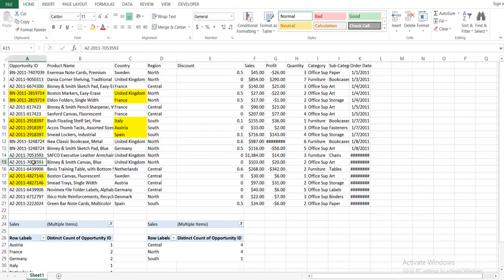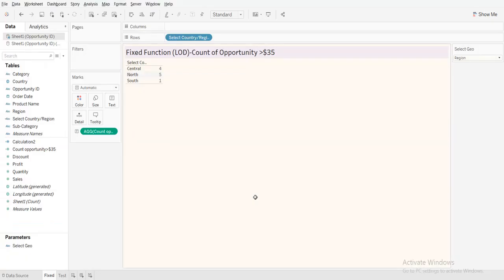Looking at this north, these are also 4, 5, and here it's 22, which is not correct. So 5 should be the actual count. But the normal calculated field shows 4. That is why I'll show you how you can arrive at the exact number using the fixed function.